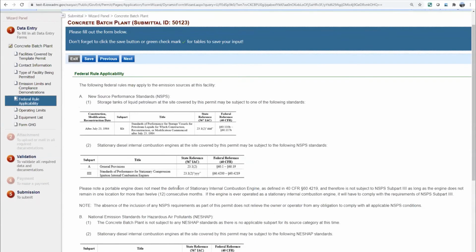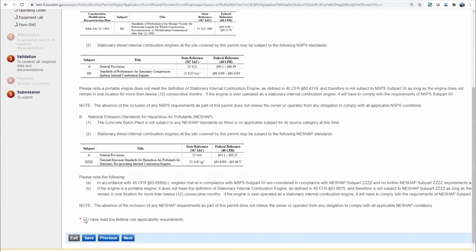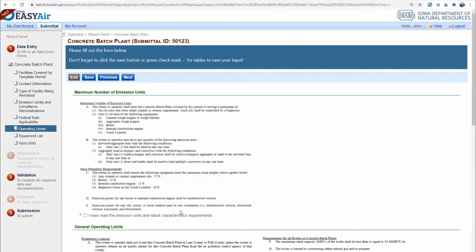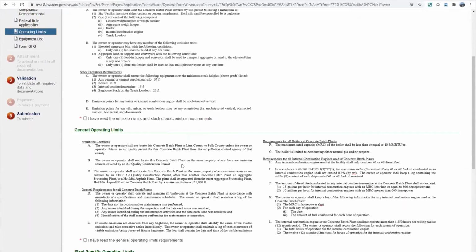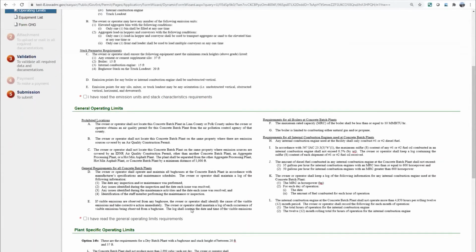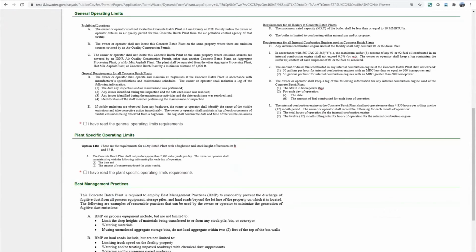So here we have a page for federal rules. We're going to check that. And again, when you're doing this, you're going to take your time. I'm doing it just for the sake of showing you how to do it. Here we have some additional requirements as far as stack parameters, operating limits, plant specific limits,